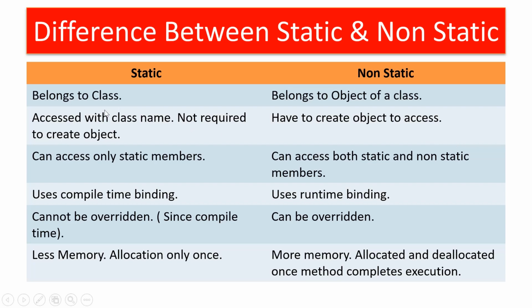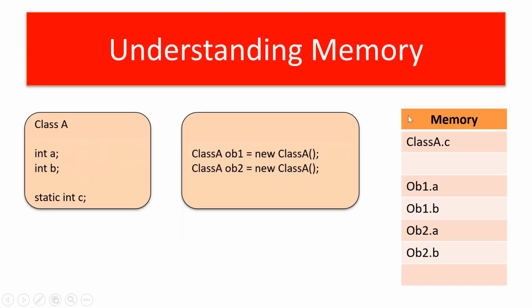The second point is important. For a static member, it is not necessary to create an object in order to access it. If an object is not needed, then how can we access that static member? It can be accessed by using the class name. That will be discussed in the example code, but as of now, a static member can be accessed by using the class name, but object creation is not necessary. It is a class level variable; it belongs to class A but is common to all the objects.